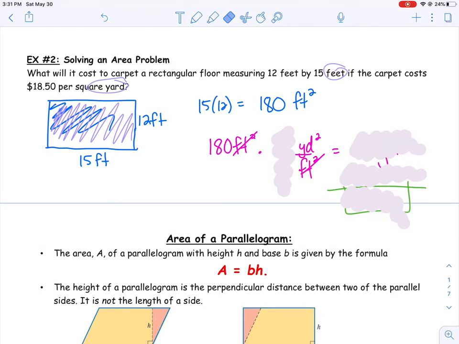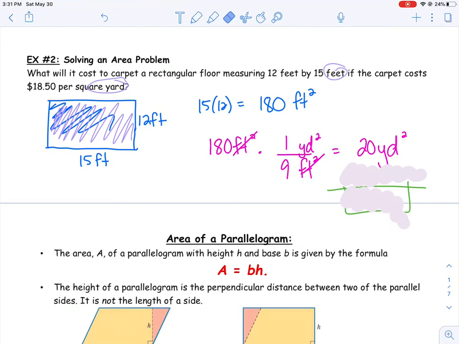I need you to use your formula sheet. I need you to figure out what numbers would go in the unit fraction of square feet to square yards. You should end up getting, for every 1 square yard, there are 9 square feet. Remember, it's squared, not regular feet to yards. So I have 1 square yard to every 9 square feet. So I can take the 180 and divide it by 9, and I end up getting 20 square yards